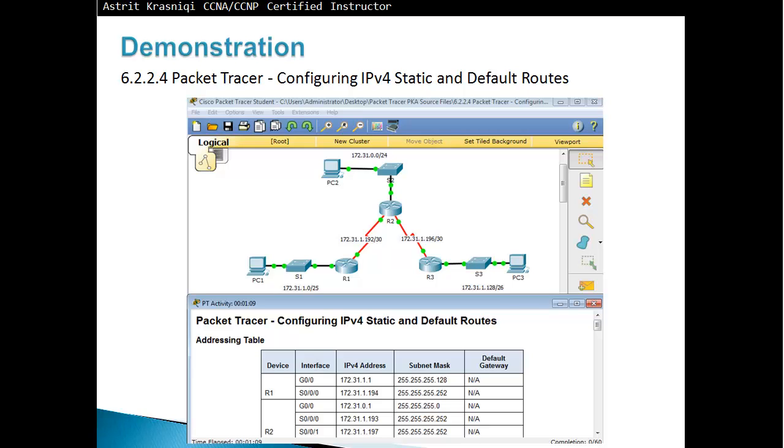In this video I will do a demonstration on how to configure IPv4 static and default routes. This is Packet Tracer activity 6.2.2.4 of semester 2. Okay, so if I just open my Packet Tracer files,